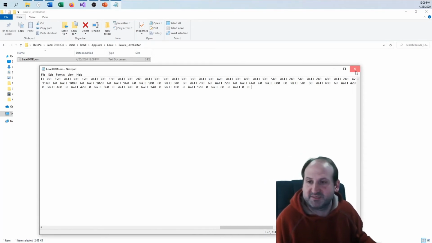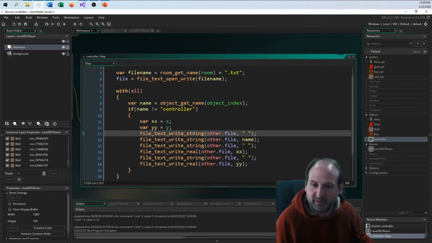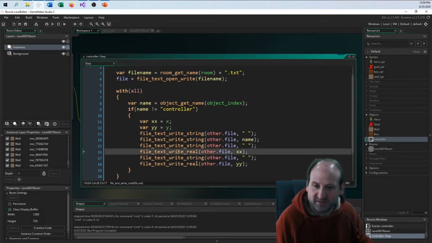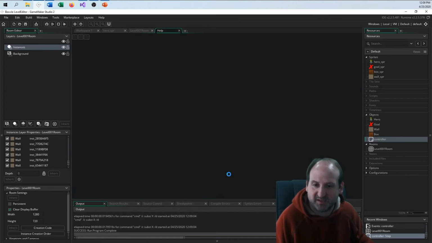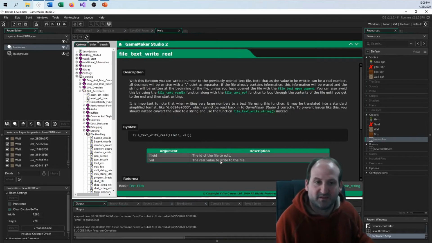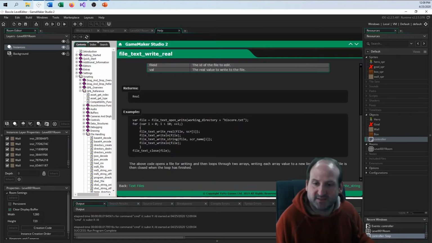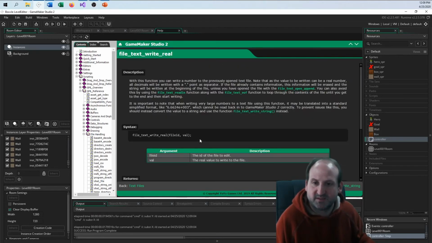Let's go to the help, and let's see if the help is any help about what write real does. Because you notice there's no space printed after this, but let's see. It can be written with a point as a separator, blah, blah, blah. Let's see the above code. Let's see, you can also void this. It can be erased, EOF. I'm not seeing anything that mentions that it adds a space. That doesn't mean it's not there and I'm not seeing it, but